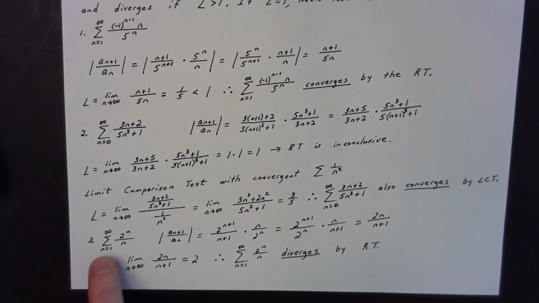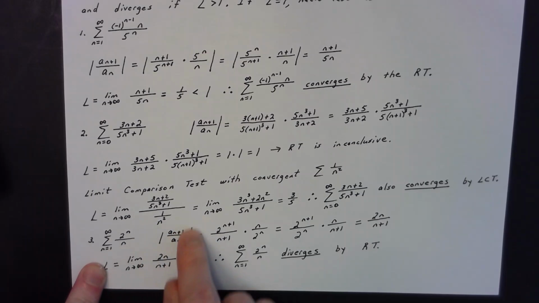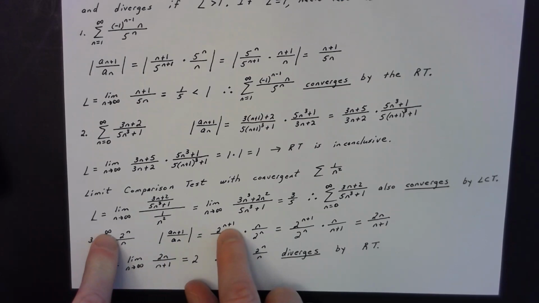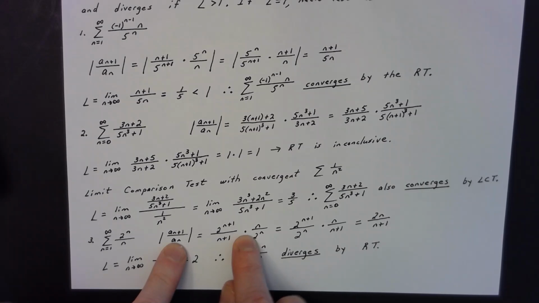Okay, another one here. If I have the series as n goes from 1 to infinity of the geometric function 2 to the n divided by polynomial n down there. Well, in order to determine the convergence or divergence of this, I use the ratio test as I'm supposed to in this section. A sub n plus 1 becomes 2 to the n plus 1 divided by n plus 1. I'm multiplying that by the reciprocal of a sub n, which gives me the n over 2 to the n.